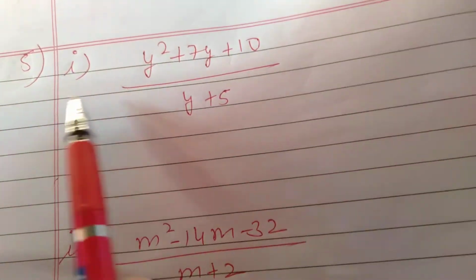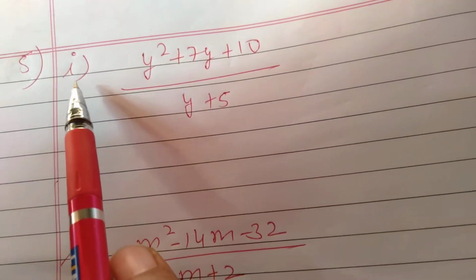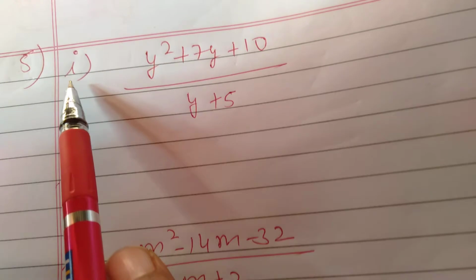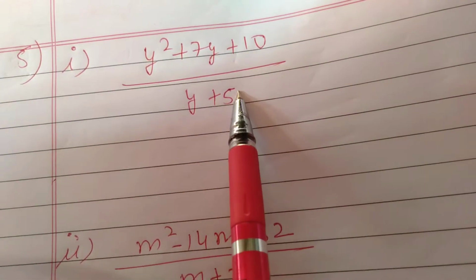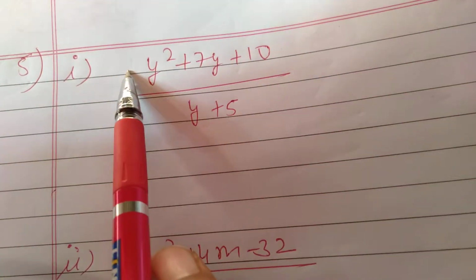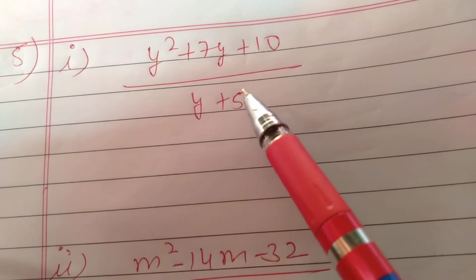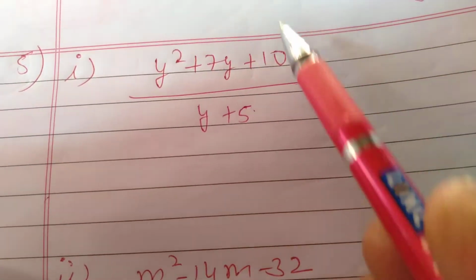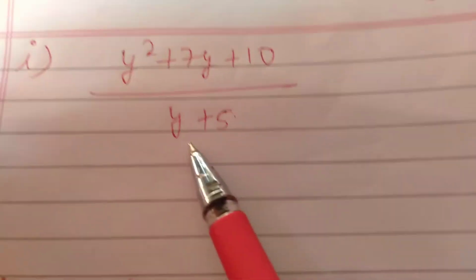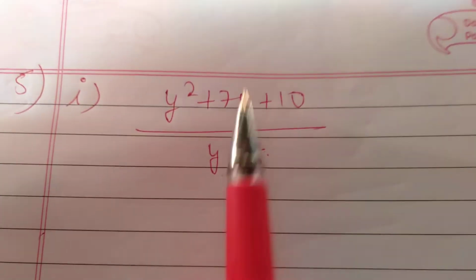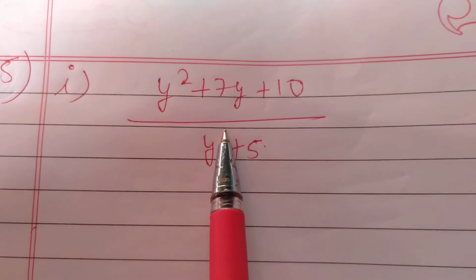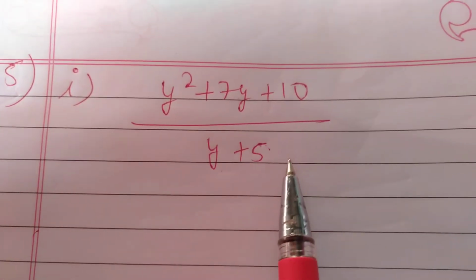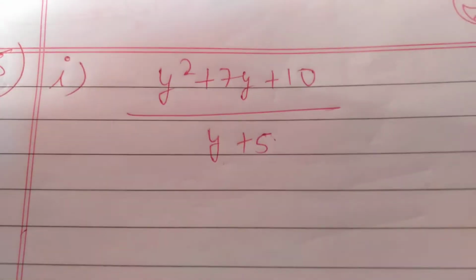Hello everyone, let us start question number 5 of exercise 14.3 of class 8. So you can see it is a trinomial and it is a binomial, so we cannot cut it fully. Some students I observe cut 5 ones are 5 and 5 twos are 10 and then y cut by y. This is not possible, students. You can cut a binomial only with a binomial with the same number and same sign, and a trinomial with a trinomial with the same terms, right?